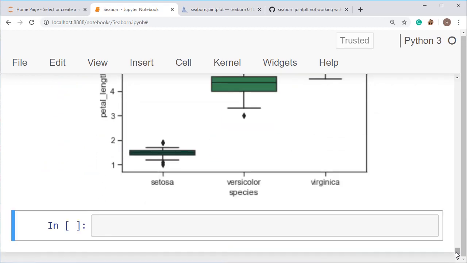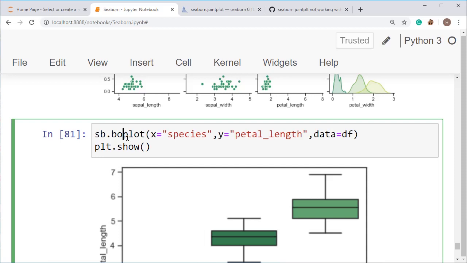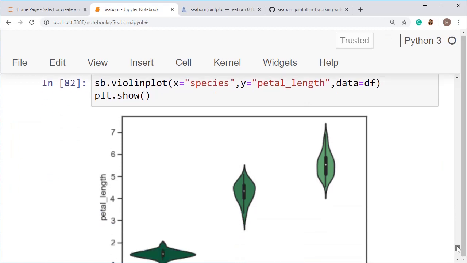Now I am going to show you a violin plot for the same data. Just use violin here, and the graph will look like a violin. As the name suggests, this one is named after the look of the graph. See here, this one is looking like a violin.